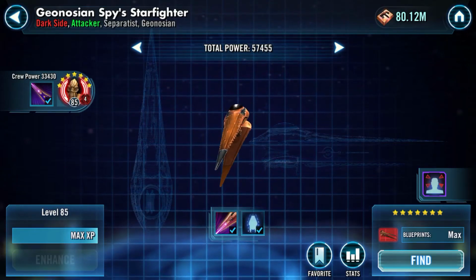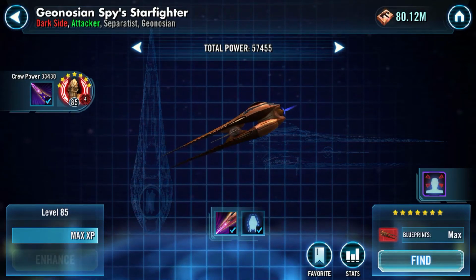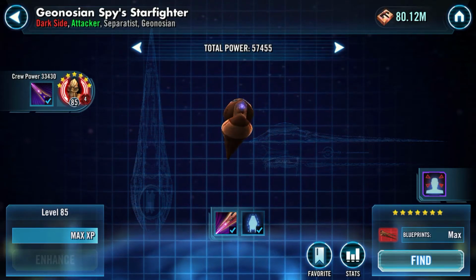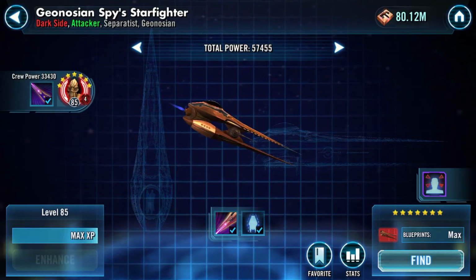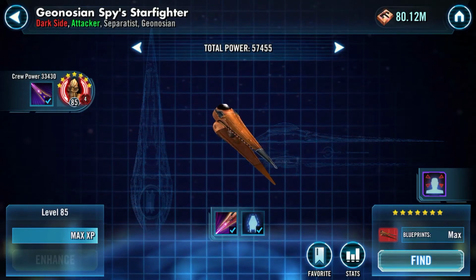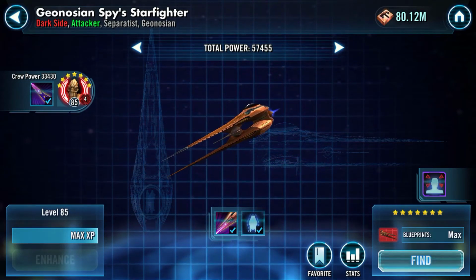Up next is Geonosian Spy's Starfighter. Geospy is possibly the most valuable reinforcement for a Malevolence fleet. He has the Separatist tag, so he gains that crit avoidance from Malevolence and also triggers Vulture Droid assists on targets with Buzz Droids. But the greatest strengths that Spy brings to the battlefield are his reinforcement ability, which applies a forced taunt debuff to both the target enemy and a random other enemy, and the only mass assist in